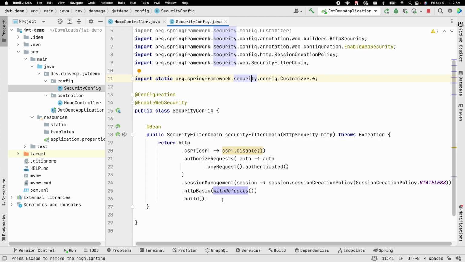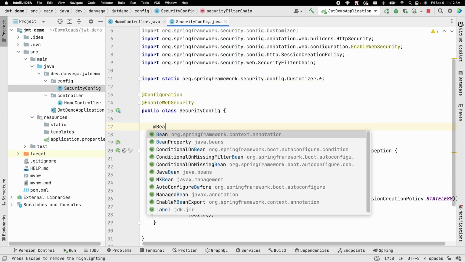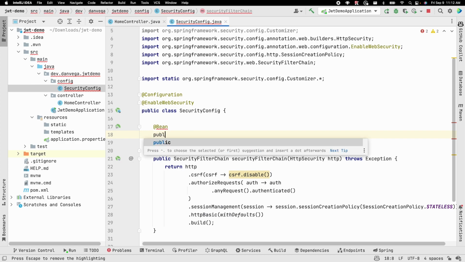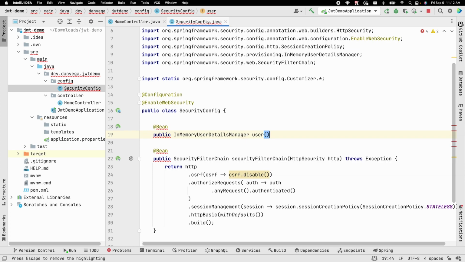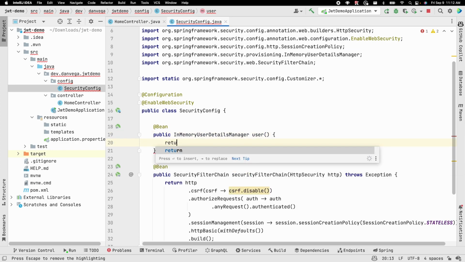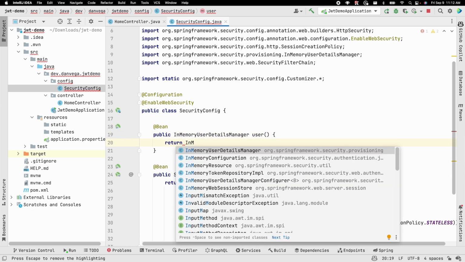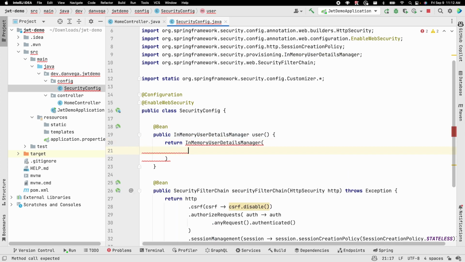So now that we have our custom security in place, you need a user that isn't that default one, right? I want to go ahead and create a new user for this system. And to do so, I'm going to create a new bean. We're going to say public InMemoryUserDetailsManager. We'll call it user. And we're going to return an InMemoryUserDetailsManager. And in here, we'll go ahead and create a new user with username dvega